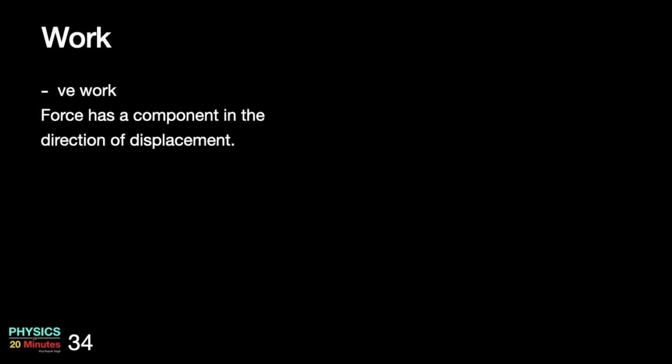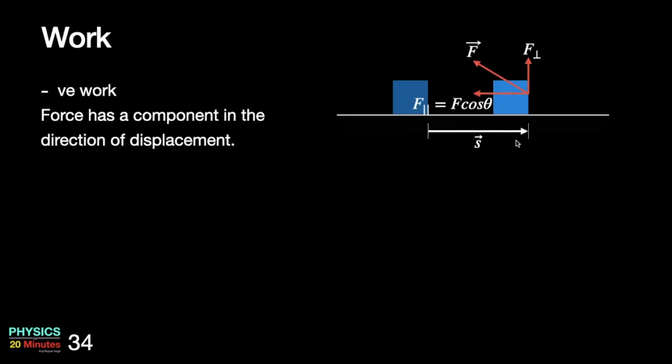You get negative work done if the component of force which is parallel to displacement is opposite to displacement. So you can see here displacement is pointing towards right and the component of the force parallel to displacement, F cos theta, is pointing to the left in the opposite direction. So in this case the work done will be negative. The angle theta will be greater than 90 because it is measured from the positive x-axis, and therefore all cosine values of theta would be negative.